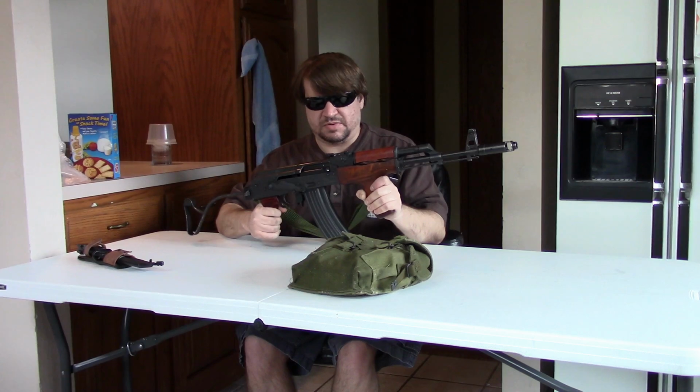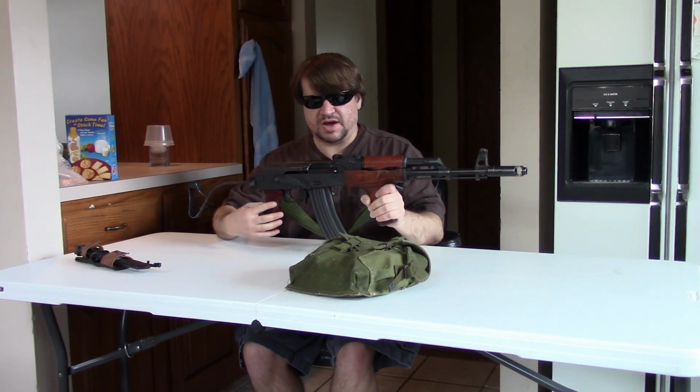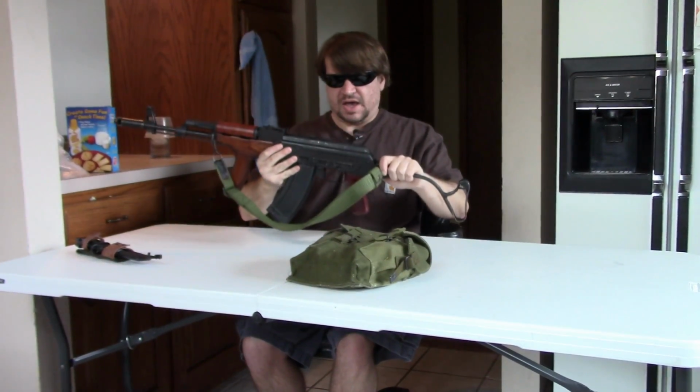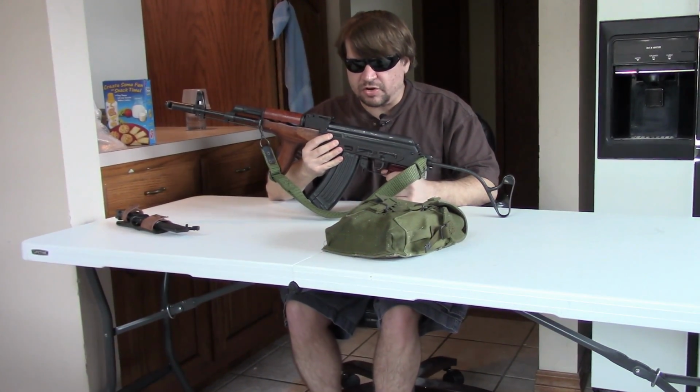So, thought I'd talk about this gun here and a little bit on the history. This is, of course, my Romanian Cugir SAR-2, imported by Century Arms way back